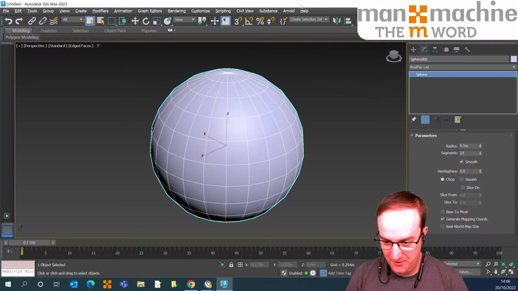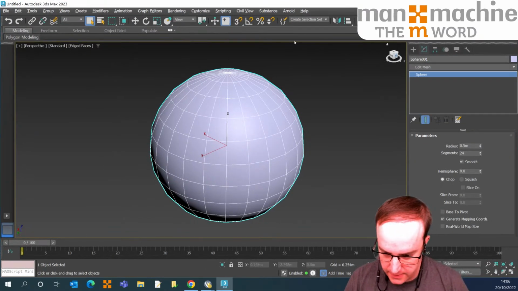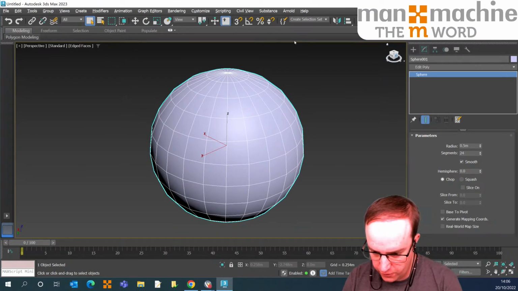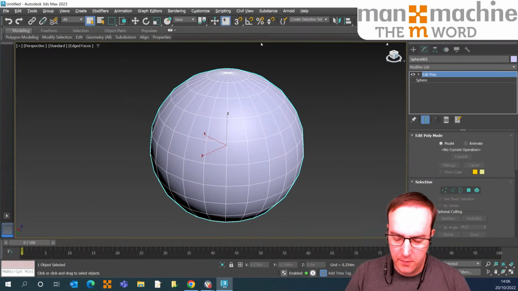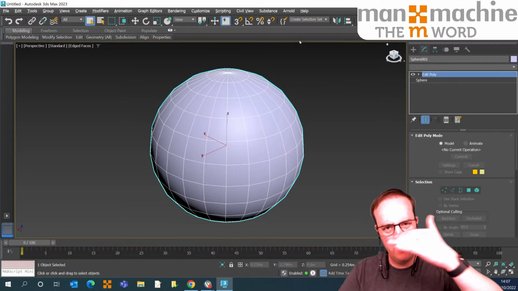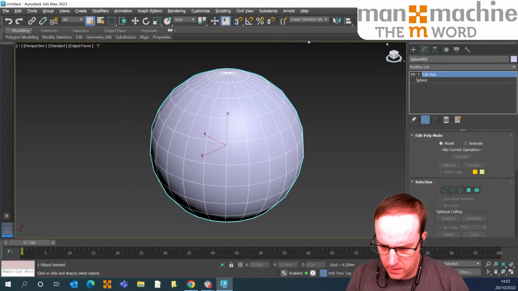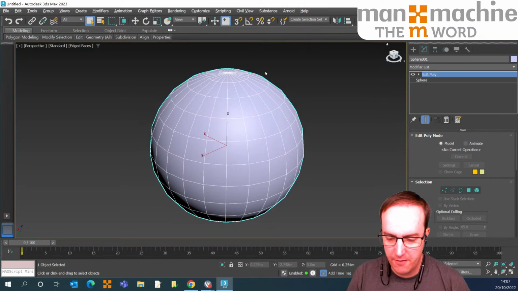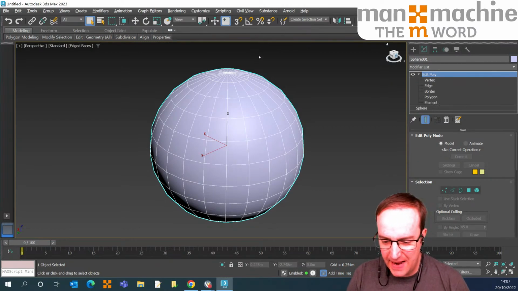interestingly isn't dropping down. That's not my fault. That's just not working. Okay, that's annoying. Let's see. Okay, so it is working, it's just not dropping down. So let's go to an editable poly. Normally you'd hit that and get a big list of modifiers. Why that's not dropping down, I'm not 100% sure, but we'll choose edit poly, expand that, and we want